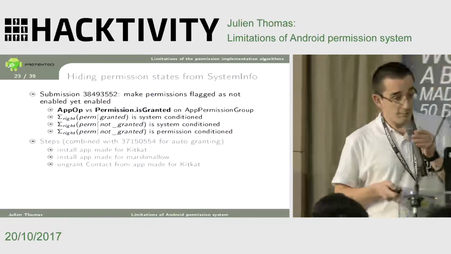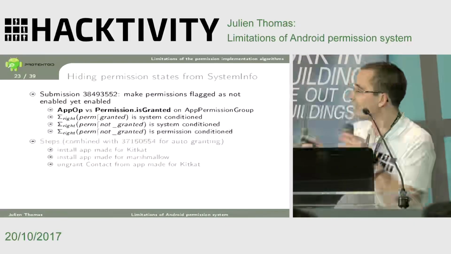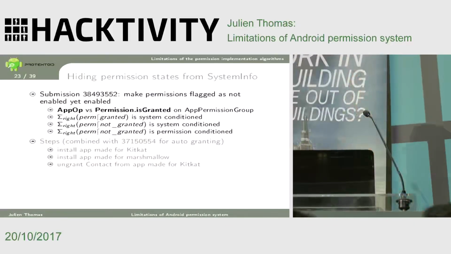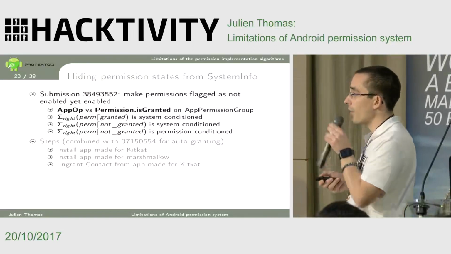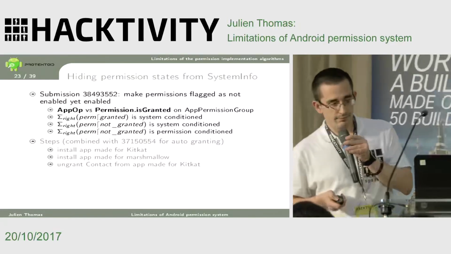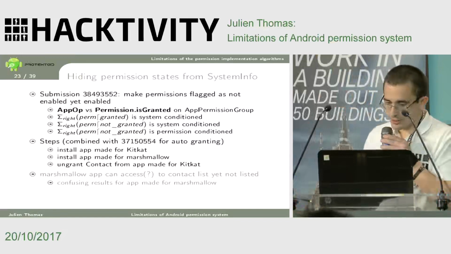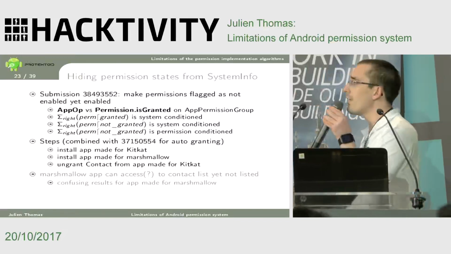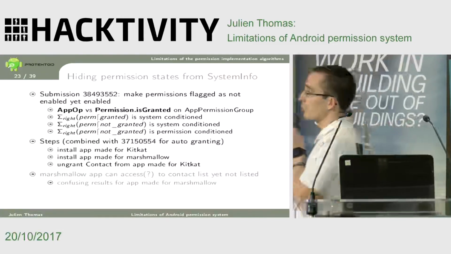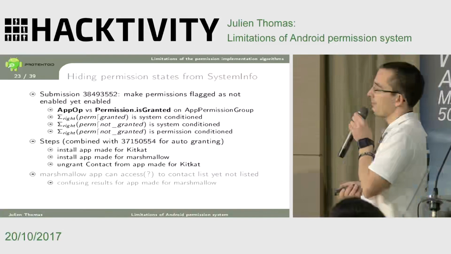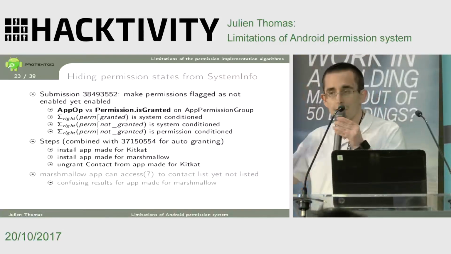Okay, so what does it mean? It's not that easy to understand the consequences because it's kind of weird behavior in the end. Basically, you can install 2 apps, one made for KitKat, one made for Marshmallow, and grant contact from KitKat. And what will happen is that we have a lot of very weird results. If you stick to contact, the application on Marshmallow will say that it has contact access, but when you try to access contact, it will say 0, no matter how many you have. If you try to access from the KitKat application, it will say denied, and it will say 0.